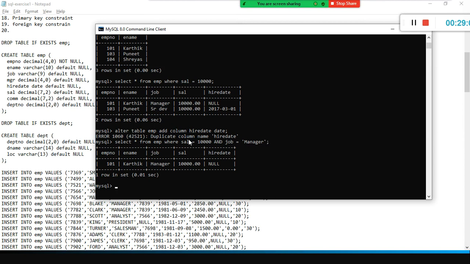So those managers' salary is 10,000. We wanted to see their name. Okay. So in this case, we have only one record, which is Karthik. Karthik is a manager, and his salary is 10,000. So now you understood how to write multiple conditions using AND operator. You can do it. Okay.